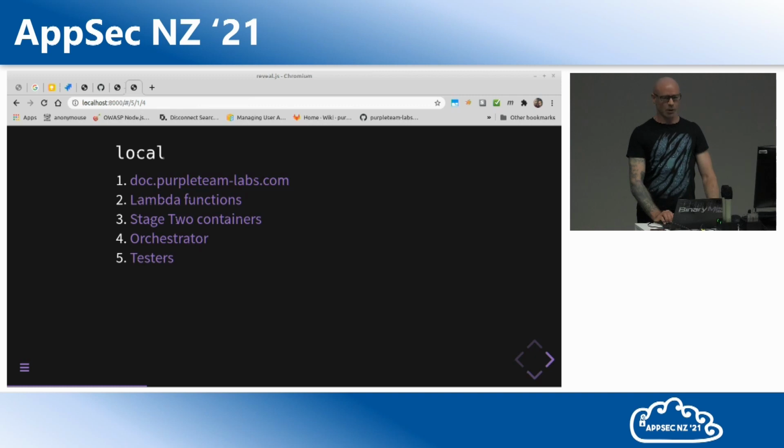The testers themselves, so currently there's an application tester, there's a TLS checker and a server tester as well. Those last two are stubbed out, and the application tester is the only one that's fully implemented at the moment. It's also a pluggable architecture, so the idea is that as developers work out they need additional testers, they can just add them or ask us to, or a combination of both.